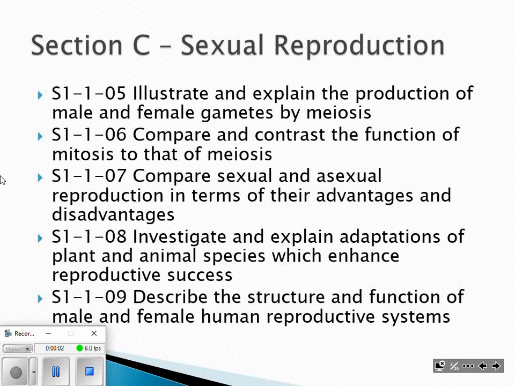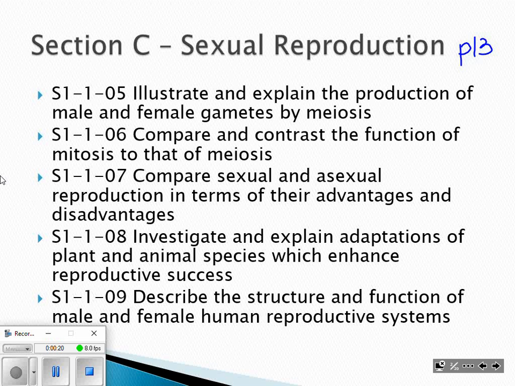If you can turn to page 13 in your booklet, what we're going to talk about today, oh, and it's not going to let me write on here, which is unfortunate, okay, is sexual reproduction. Oh, it did show up. This was really slow. So the outcomes in your curriculum are about illustrating and explaining the